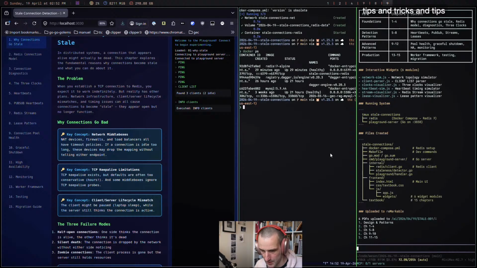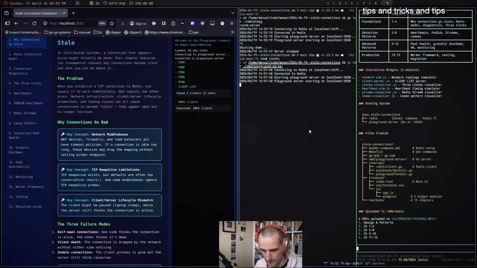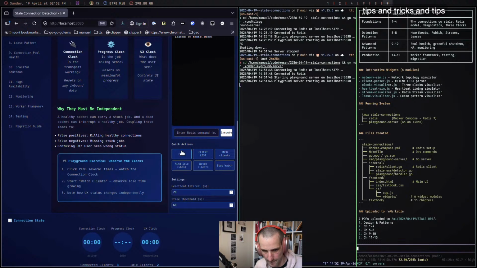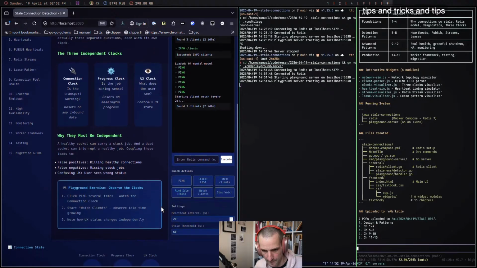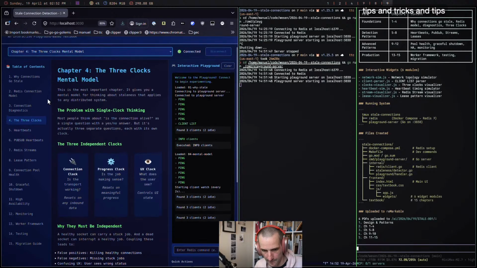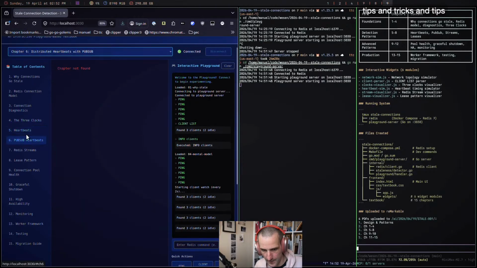So Redis is running. Yeah, this is weird.